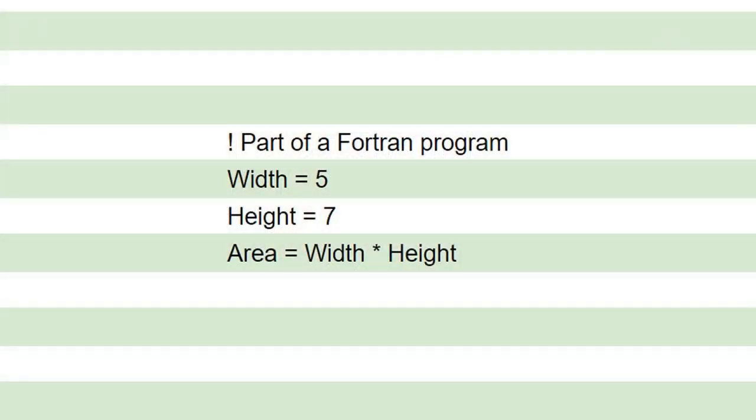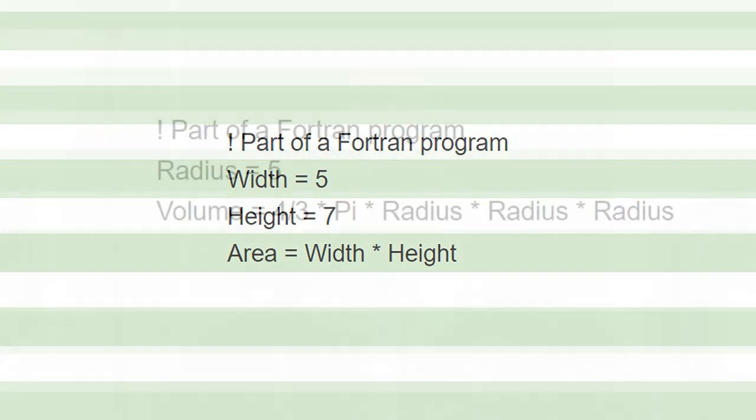My previous programming class, CS 220, taught programming in the now obsolete language called Fortran 4. Suppose you wanted to calculate the area of a rectangle. In Fortran, you might have commands such as width equals 5, height equals 7, area equals width times height, where you use an asterisk as the symbol for multiplication. That's a very simple formula, but you could have much longer calculations all in one statement.